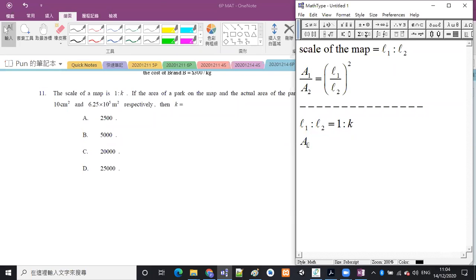And then A1 咧一定係講緊細呢個嘅，即係 map 上面嗰個嘅。A1 should be equal to 10 cm square, and then A2 is equal to 6.25 times 10 to the power 5 meter square。